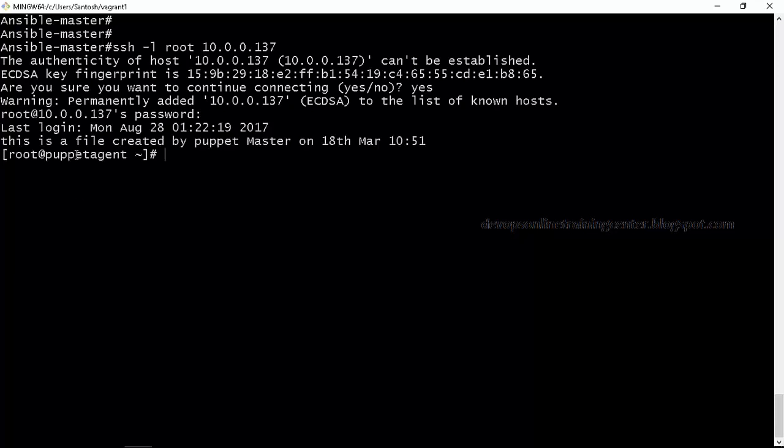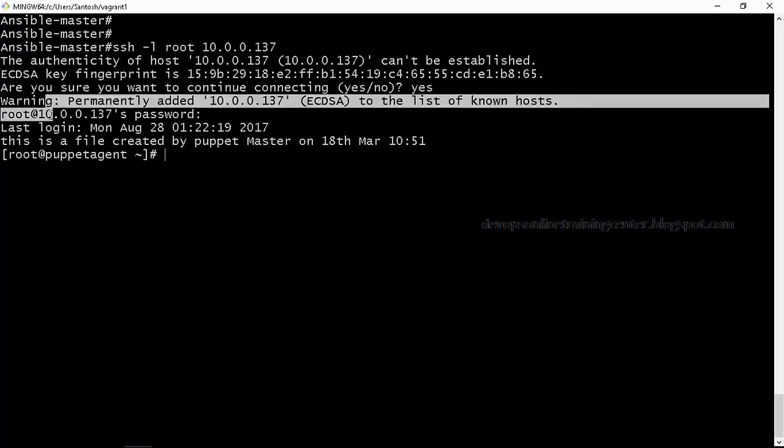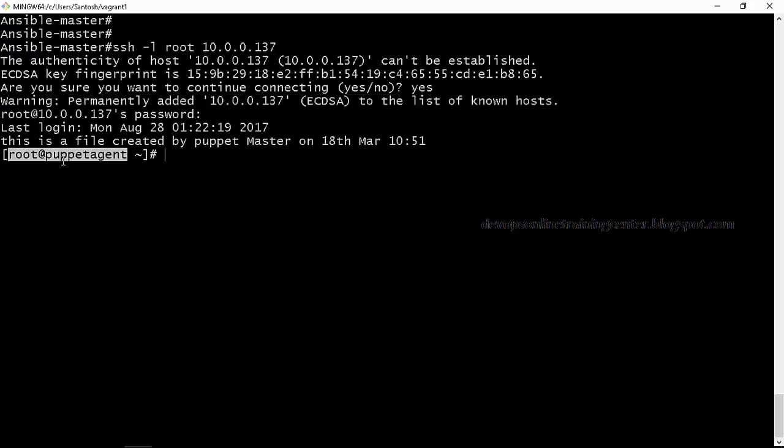If you see, this is my first machine. When I say ssh, I logged into the other machine, right? So this machine is the source, this machine is the destination. From here I logged into this machine.